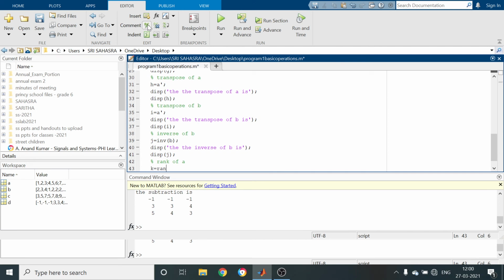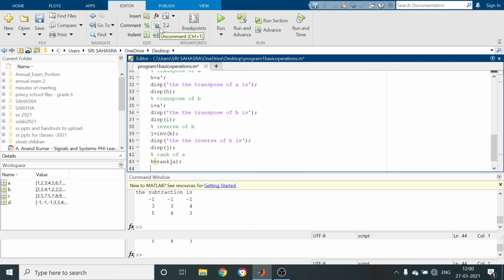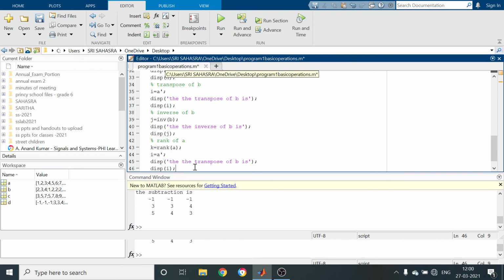K equal to just RANK of A. Just I am copying disp. The rank of A is disp K.